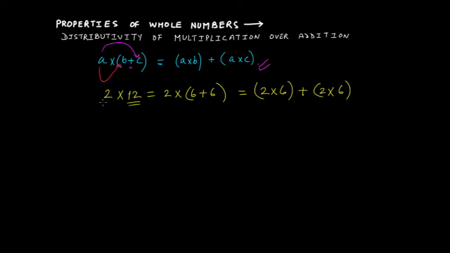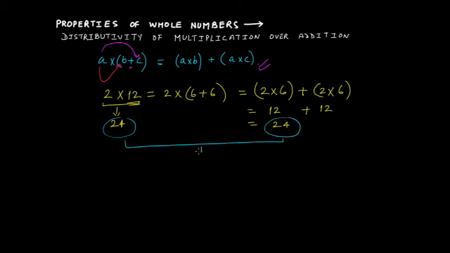In this case, the answer would have been 24, and here it would be 12 plus 12, which is equal to 24. So you could clearly see that in both the cases, the answer is the same, and therefore it follows the